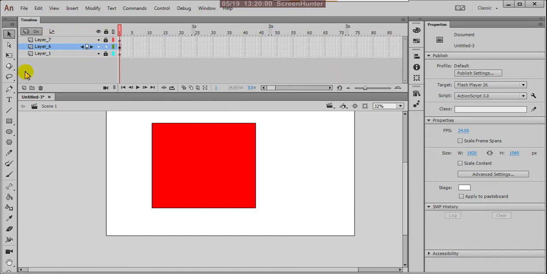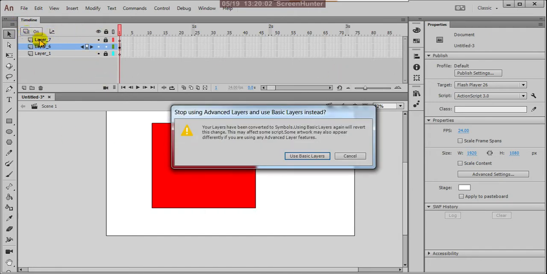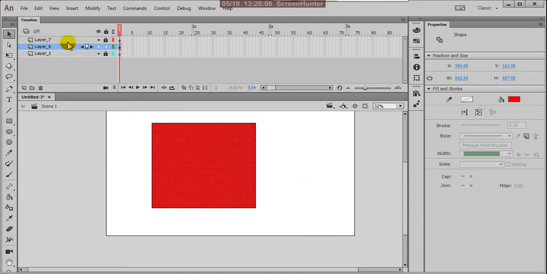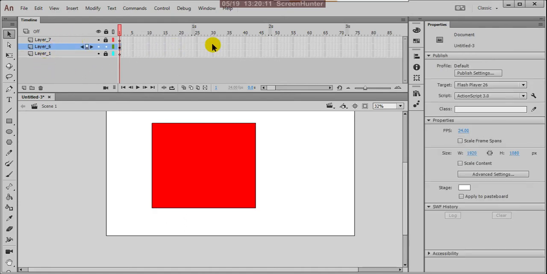So just come into the normal way. These are the normal layer panel, and this is the timeline. The timeline is very useful when you animate anything.